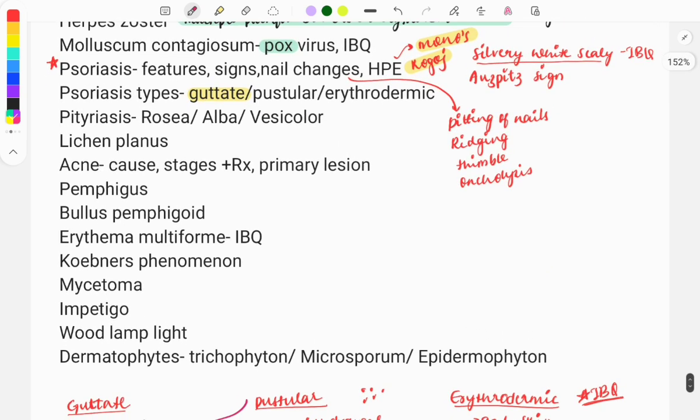Now moving on, pityriasis also a very important topic. Questions are asked on the types. So questions are asked on the types of pityriasis, rosea, alba, and versicolor, and there are certain important findings which we can see in them. Like the rosea, we see the